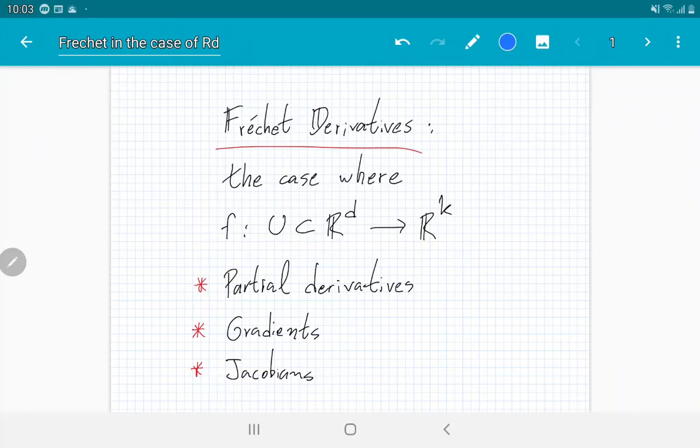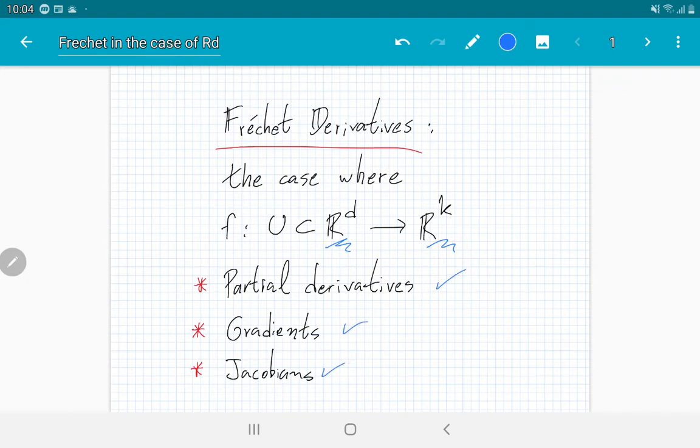So welcome back. In the previous video we talked about Fréchet derivatives. This notion of a derivative is a linear transformation between vector spaces. In this lecture we're going to specialize to the setting where these vector spaces are finite dimensional. So functions from Rd to Rk for certain d and k. And we're going to relate this concept of Fréchet derivatives to partial derivatives, to gradients and Jacobians, which we all